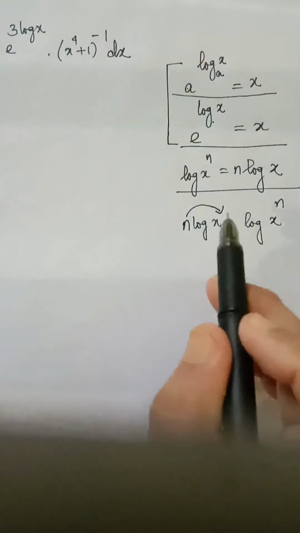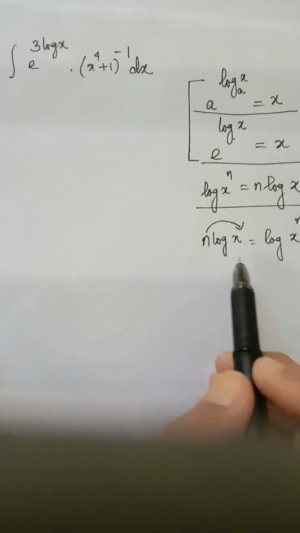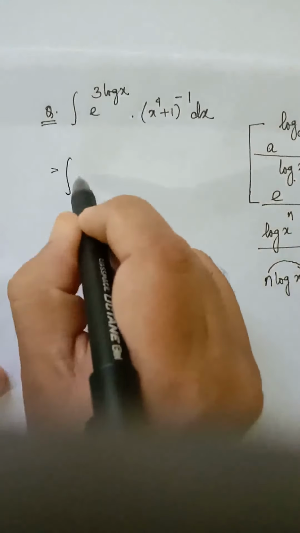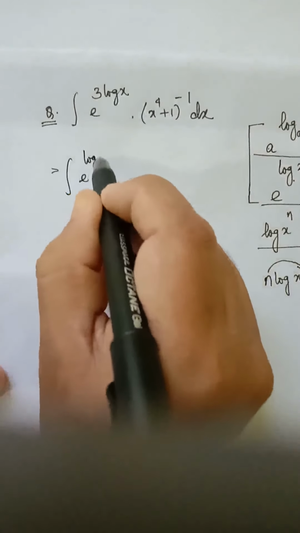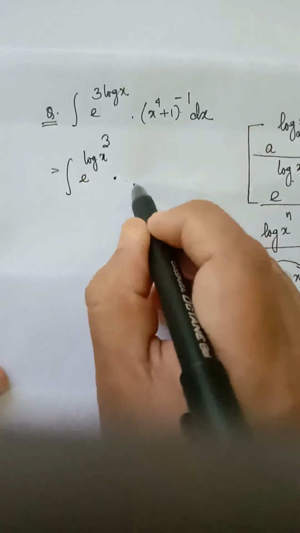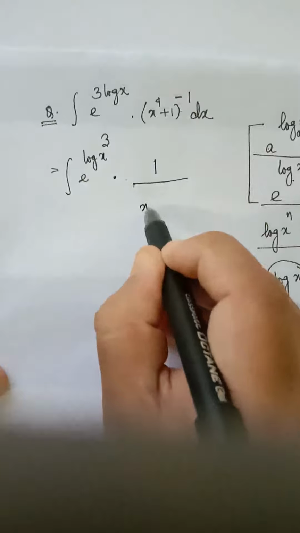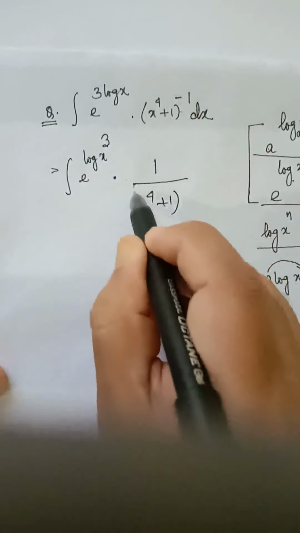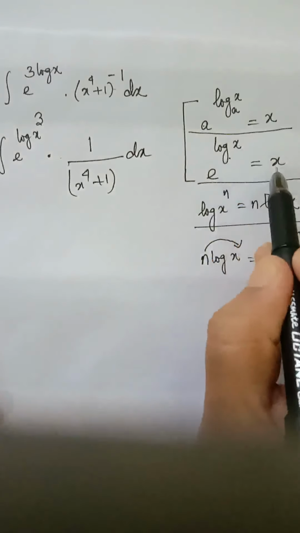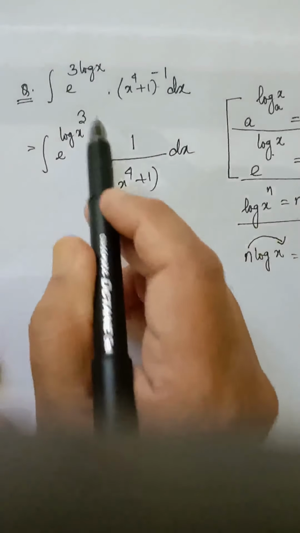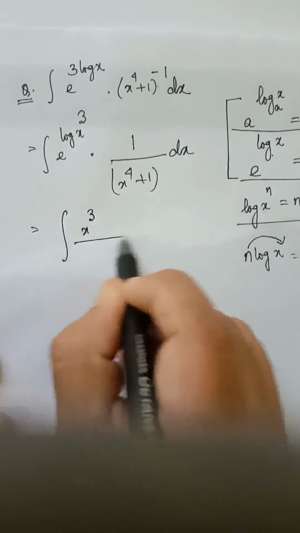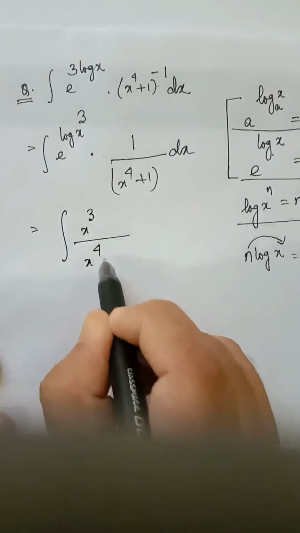So using this property, e to the power 3 log x, we can write e to the power log of x cube into x to the power 4 plus 1 to the power minus 1, which means 1 by x to the power 4 plus 1. Okay. Now you see, e to the power log x is x, e to the power log x cube will be x cube by x to the power 4 plus 1